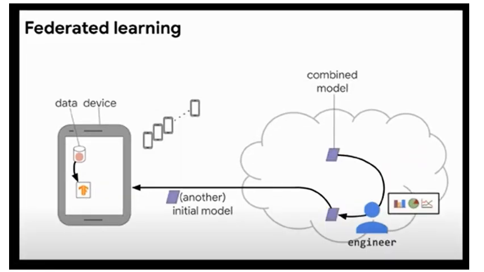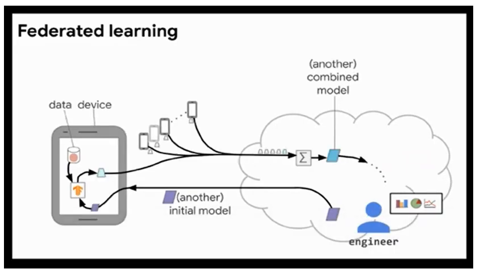Now this combined model is analyzed with metrics. If we feel that the combined model is of good quality, then we stop the training process. But if not, then the combined model is again sent to the devices as the initial model for a second round of training. We repeat the same over and over again until we get a model that satisfies the predefined metrics and is of high quality, and then stop the training process. The engineer will now perform A/B testing on the model,